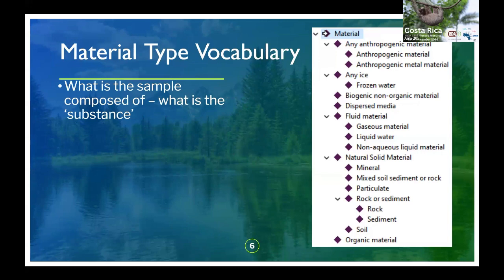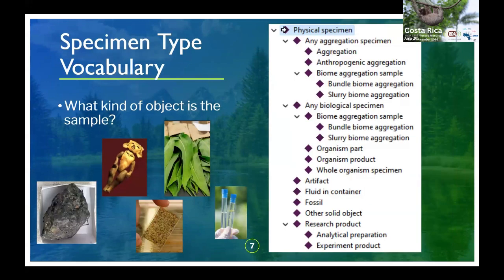So quickly, just flashing on what's in these vocabularies at this point. We tried to keep them to on the order of 20 terms. So in the material type, this is what we have at the high level. I won't run through them all, but the whole idea is, okay, what's the substance? What is the sample? What's the actual kind of material that the sample is composed of? And then specimen type. A lot of times this is a fairly tricky concept for a lot of people to grasp, the idea of what kind of object it is, as opposed to what that object is composed of.